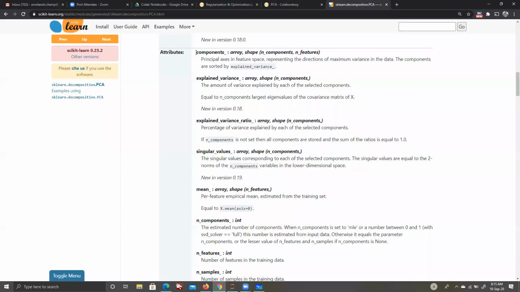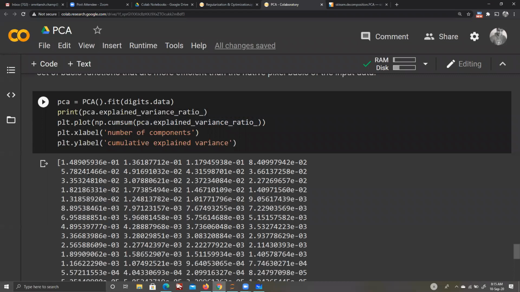When you have run PCA, remember that PCA is unsupervised, first of all. There is no requirement for Y. You can get the components, or as many axes as you want, the explained variance, or you can get the ratio. And this is what we have done: we have gotten the ratio. The first explained variance ratio is going to be the highest, then the second highest, third highest, fourth highest. Even if you take only till this, these are small numbers.